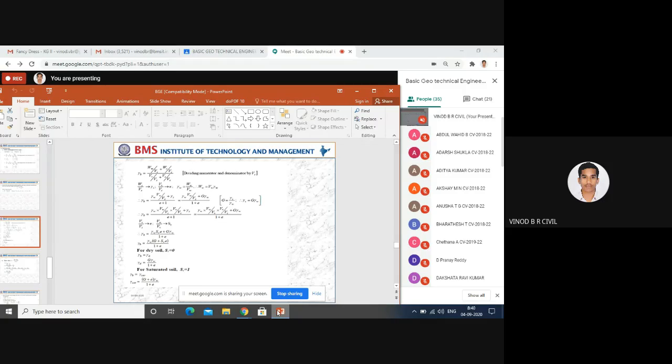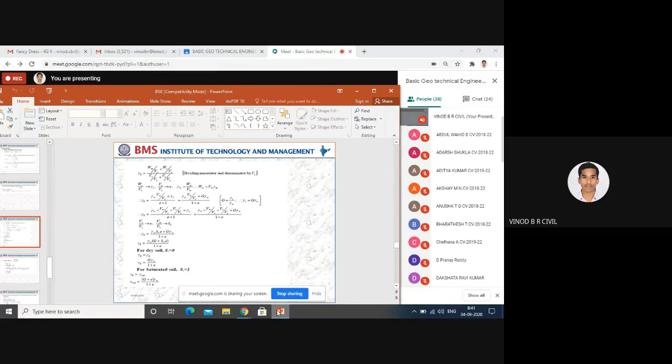Therefore, gamma B is equal to gamma D. Here, gamma B, the bulk unit weight, is absent. Instead of bulk unit weight, we call it gamma D, that is the dry unit weight. Therefore, gamma D is equal to G into gamma W divided by 1 plus e. In some previous year examination question papers, you can see the question: derive the expression gamma D is equal to G into gamma W divided by 1 plus e,